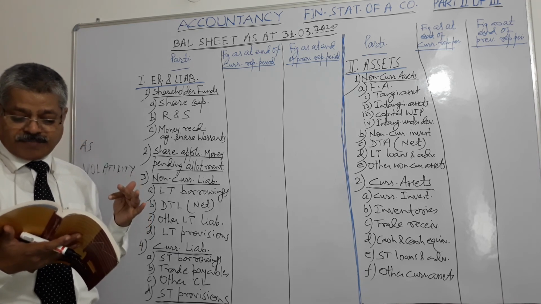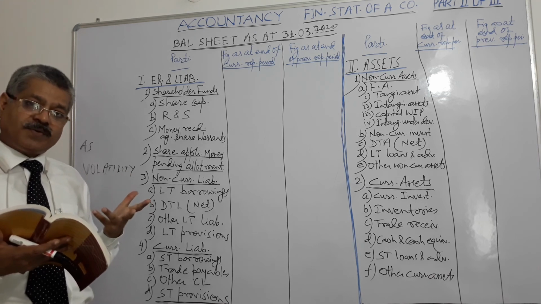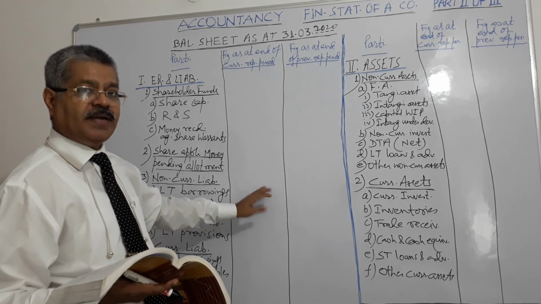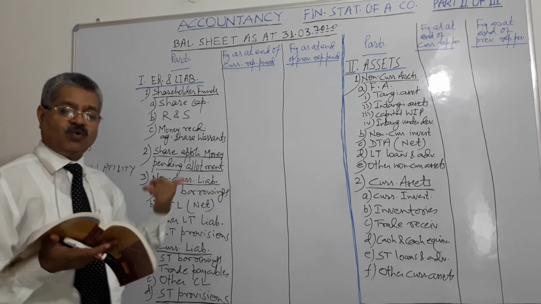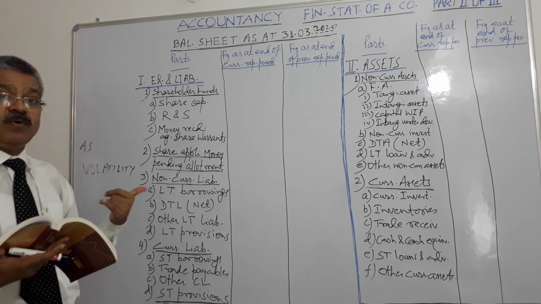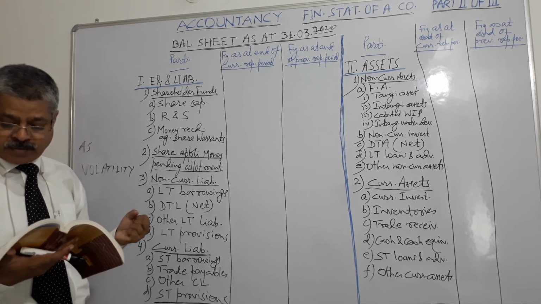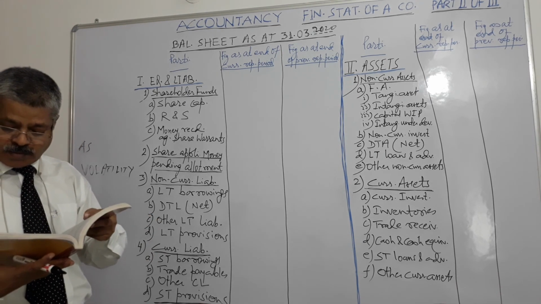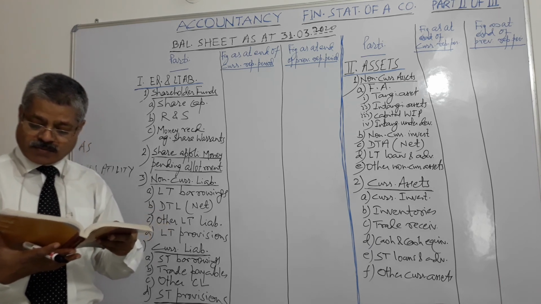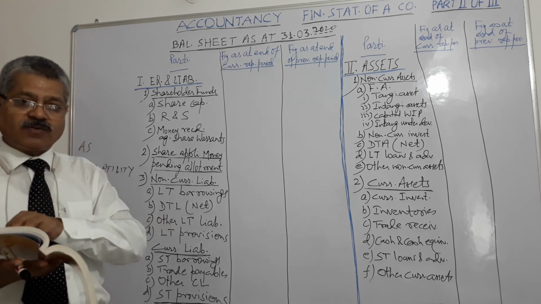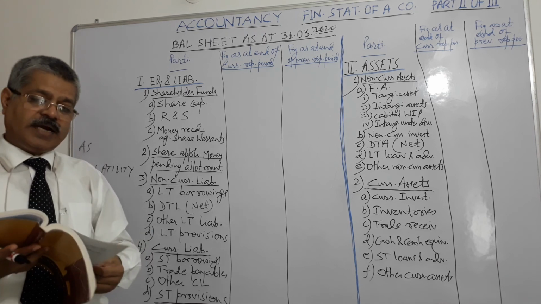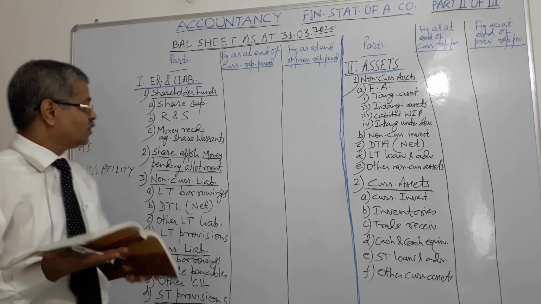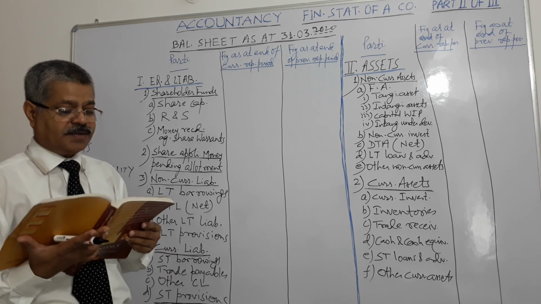Securities premium, difference between issue price and par value of a stock. Suppose par value mentioned in the corporate charter is 1 rupee and it is being issued at 3 rupees. Then 2 rupees is the securities premium on each share, right? Then share application money, borrowings. Loans which are repayable in more than 12 months or beyond operating cycle are classified as long-term borrowings, and those to be repaid within the operating cycle, within 12 months, are short-term borrowings, right?